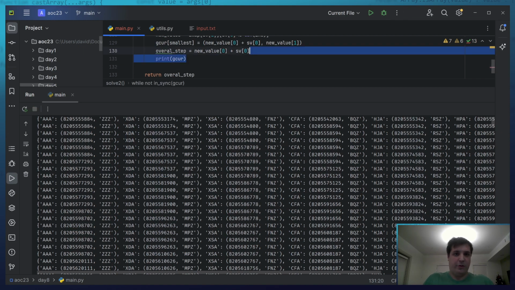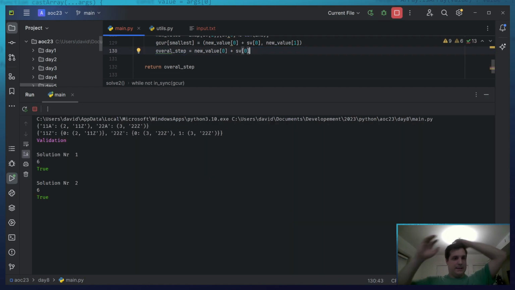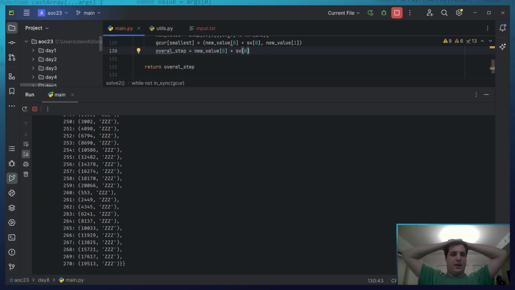I need to stop printing. Let's try again. Let's try again. Okay, first step done. Come on, please. After an hour and 45 minutes. Something. Please, something. If this isn't it,